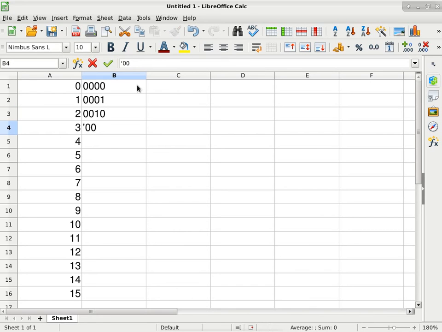In the spreadsheet, we have to do the apostrophe for 0, because otherwise it will consider 0001 or 0010 as a 10, since it doesn't understand binary numbers. Now there's a way to do base conversion in the spreadsheet, but I don't want to do that because I want to go through the exercise with you guys.